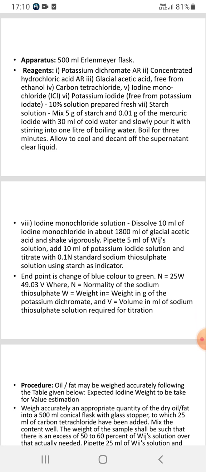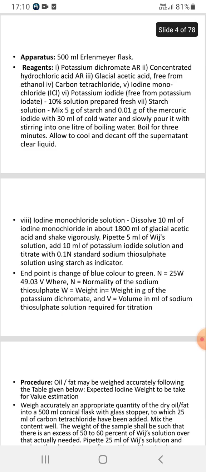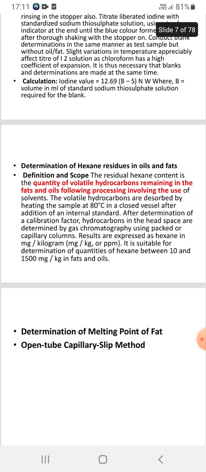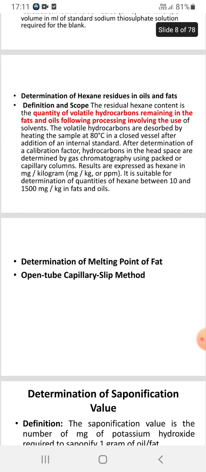We can do titration for performing this and the end value is noted down. Determination of hexane residue in oils and fats means the quantity of volatile hydrocarbons remaining in fats and oils following involving the solvents. We can test for so many factors in oils and fats, like the melting point of fat,